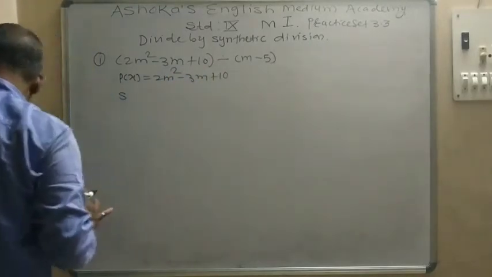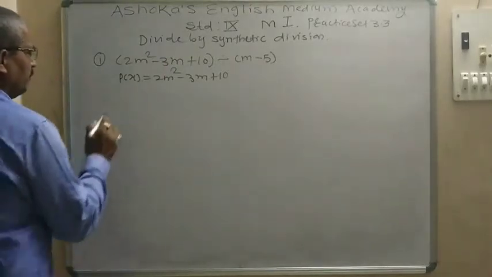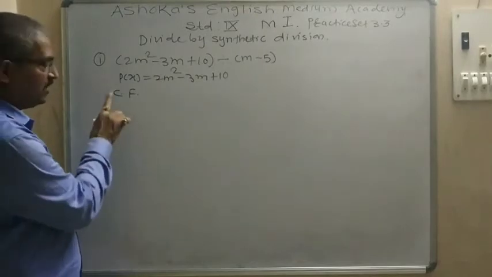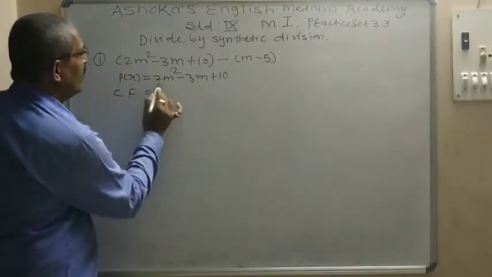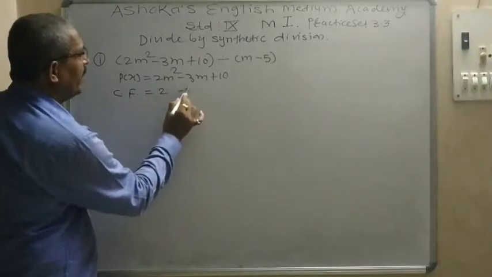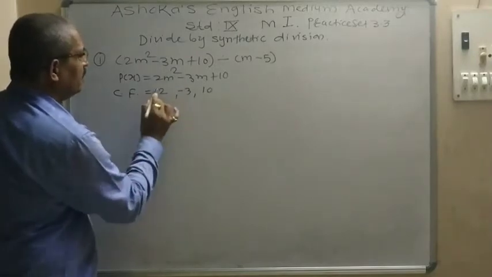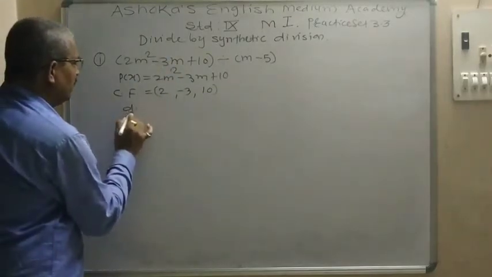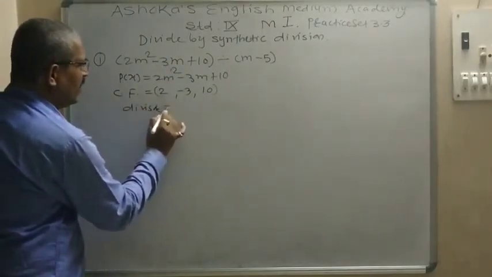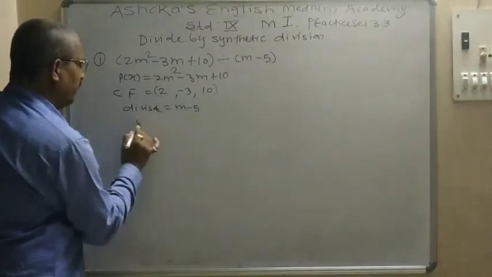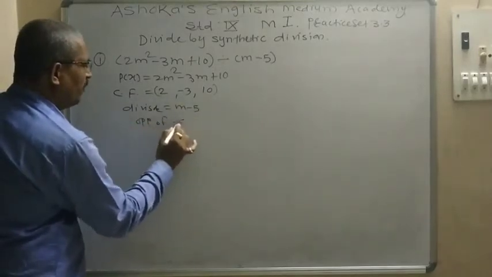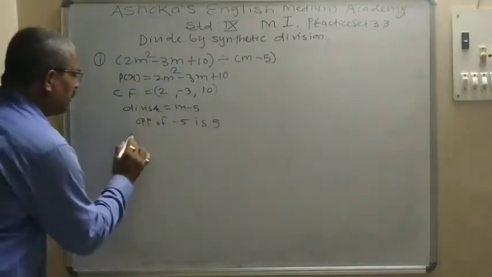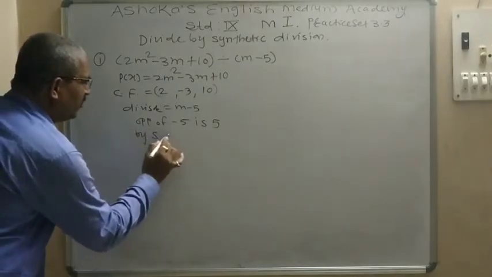Now we have to take the coefficient form of this. We should write the given polynomial in coefficient form. CF is coefficient form. So what is CF? 2, −3 and 10. This is the coefficient form. Now the divisor: divisor is m − 5. The opposite of −5 is 5. Therefore, by synthetic division,